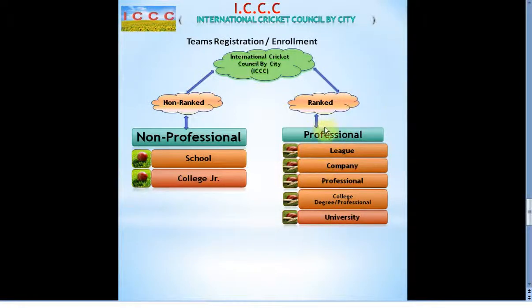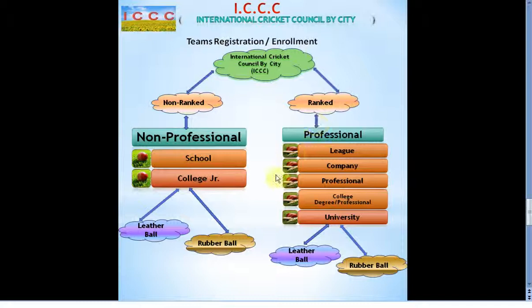So basically you have two categories, non-professional and professional. Each category is allowed to play leather and rubber ball, whereas in ranking, a separate ranking is done for leather as well as for rubber.